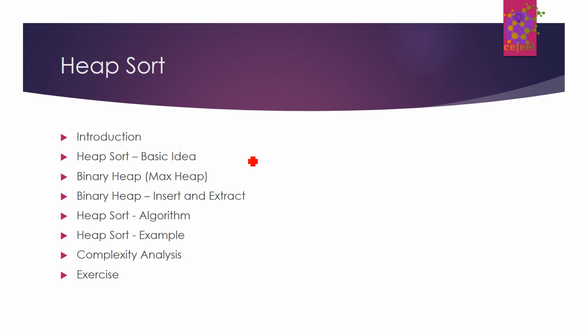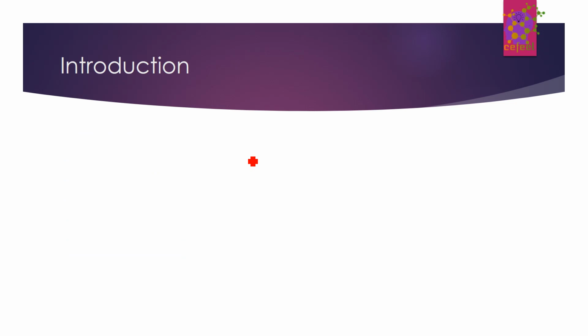So let's get started with the introduction. First of all, what is the sorting problem? What does it involve? I think you would already be familiar with it. It's in fact one of the basic problems in computer science at the undergraduate level. It's nothing but sorting, or ordering, a bunch of numbers in ascending order. It's also possible to have lexicographic sorting, wherein we sort words in a dictionary, but for this video and for heap sort, we will just restrict our